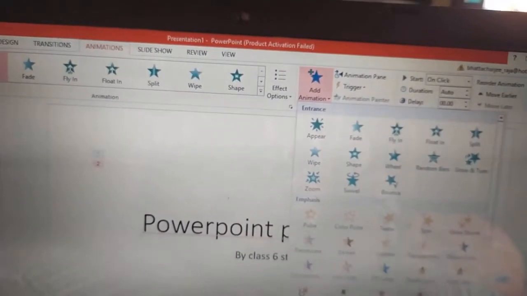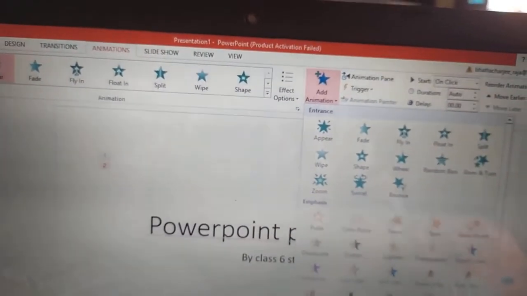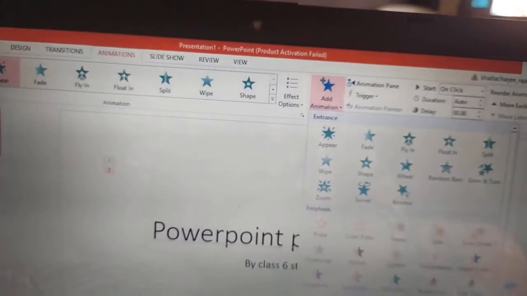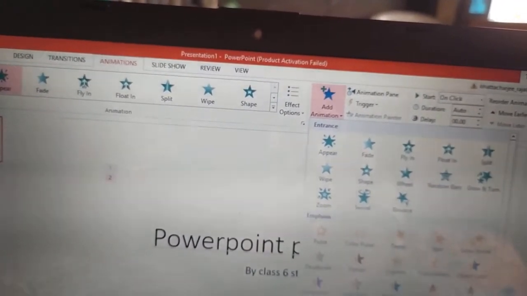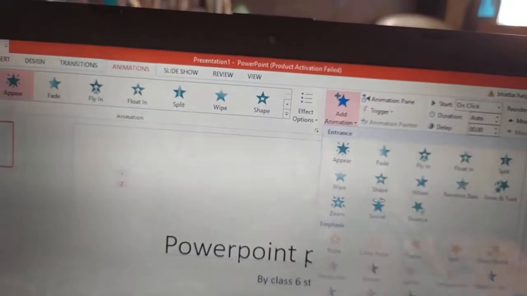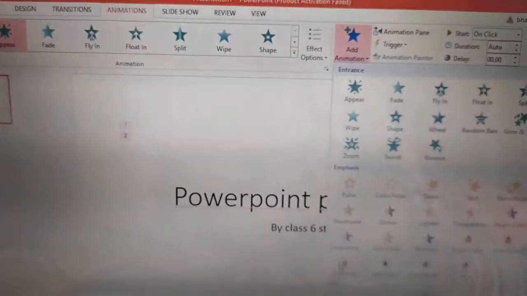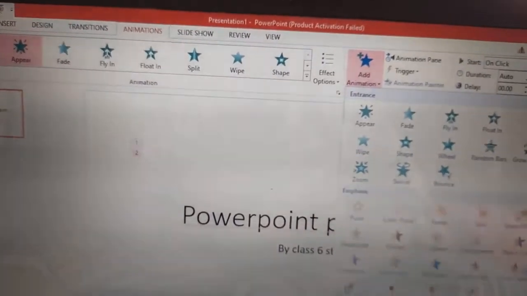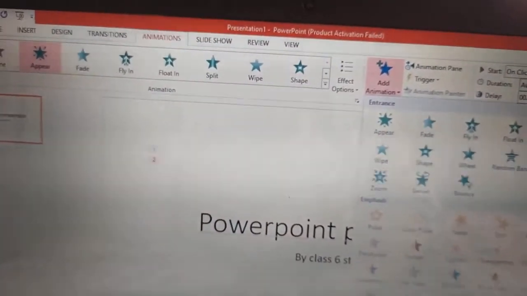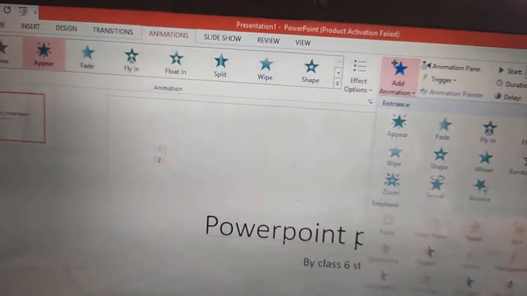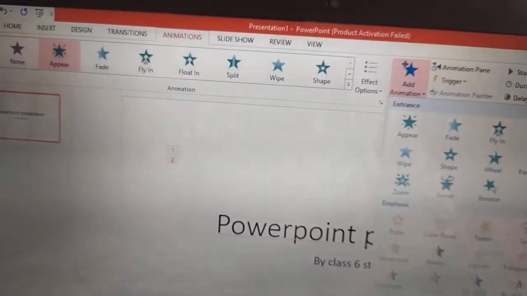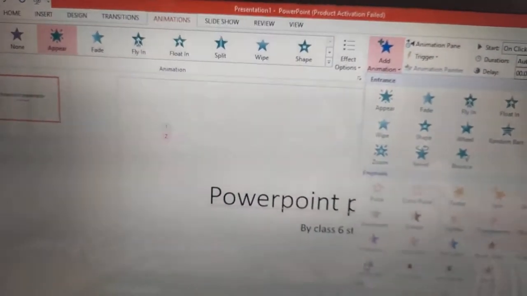Emphasize means how it will appear while on the slide. And exit animation means how it will leave the slide. Clear? Three types of animation. How the text will come, how the text will stay on the slide and how the text will move out of the slide. Three separate animations you can place.